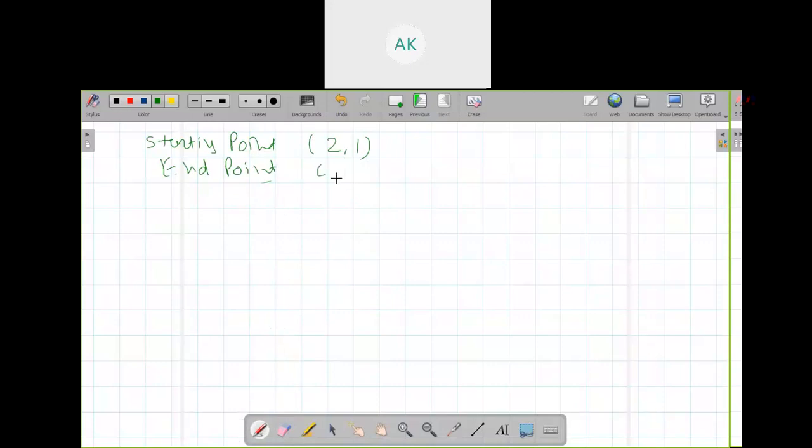Your ending point is 12 6. First, we will calculate the slope,